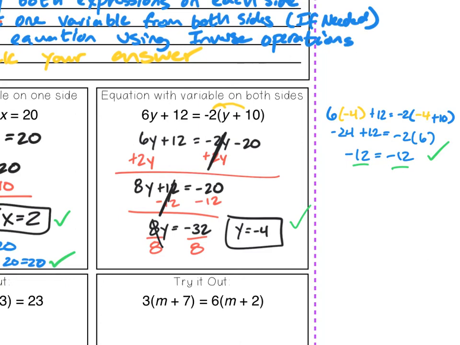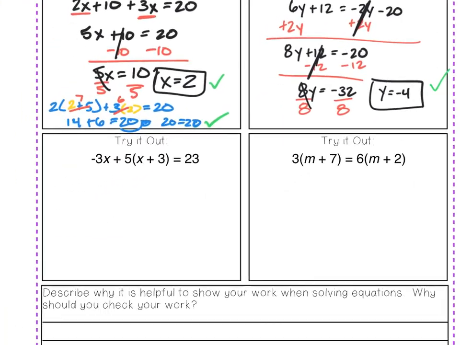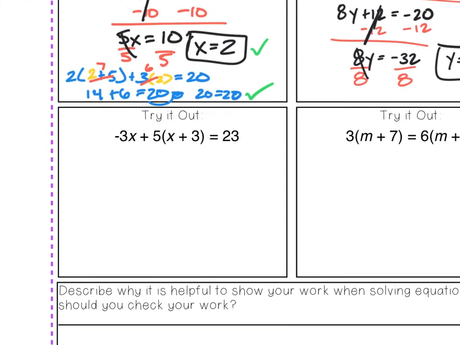All right, now what I'm going to do is have you try these 2 examples below. Ready, set, go. All right, so now after looking at these 2, let's look at them and see what you should have done